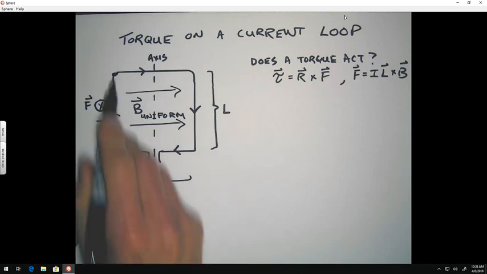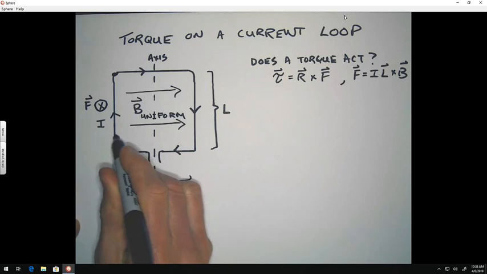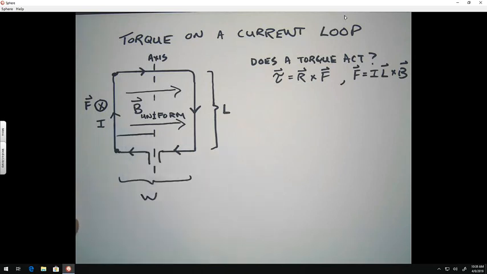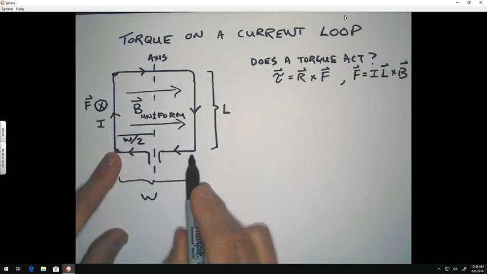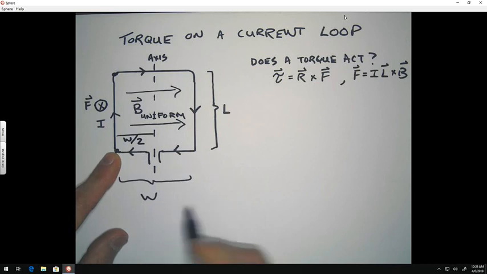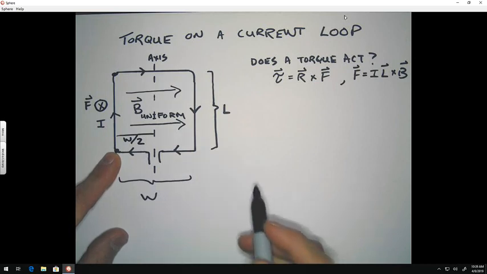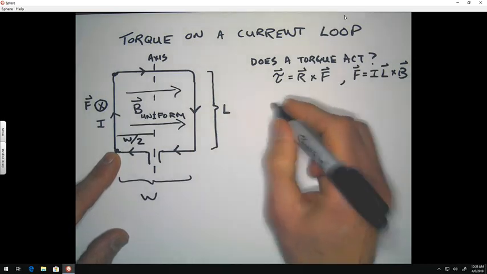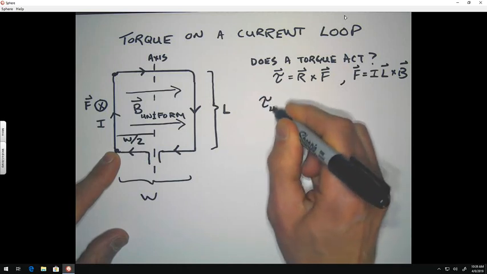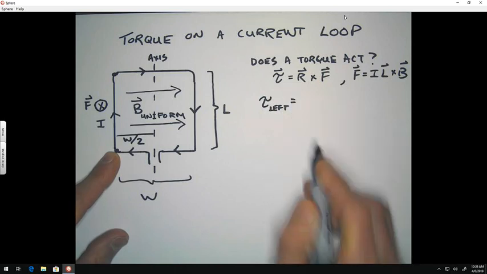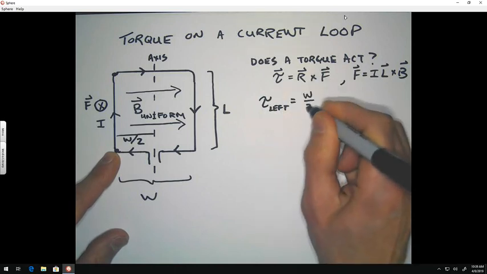Now, this whole piece of wire is separated by a certain distance from the axis, and the radius of that is going to be the width of this entire loop divided by 2. Okay, it's the half width. So my torque here is going to be, yes, I have a piece here. So the torque on the left segment is going to be W over 2,